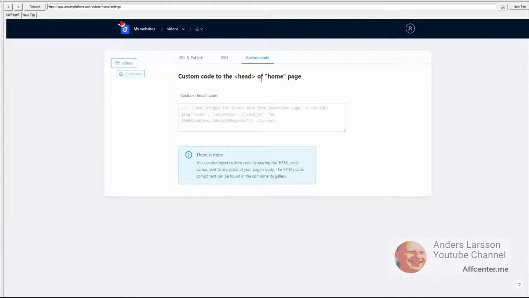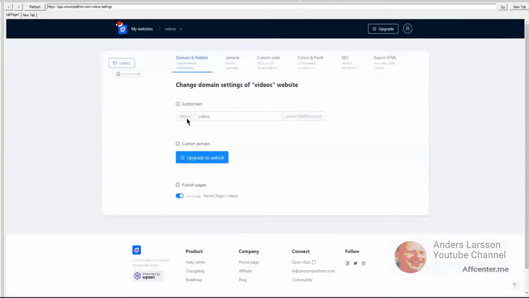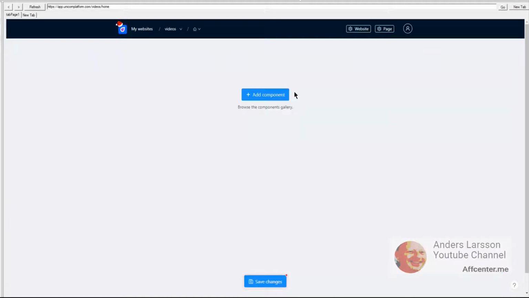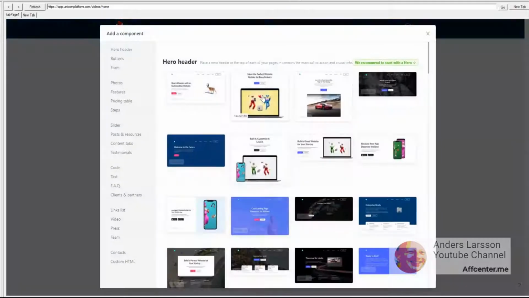So notice that we are on a page level and not website level. So on a page level you can add a script on a specific page, in this case home page, and now you click the gear and then custom code, and I will remove my test code here, and don't forget to click the save button. So I have cleaned everything, and let's test the landing page capability,